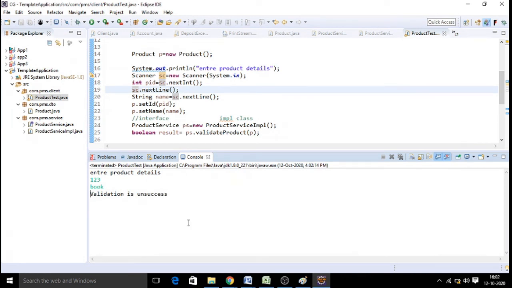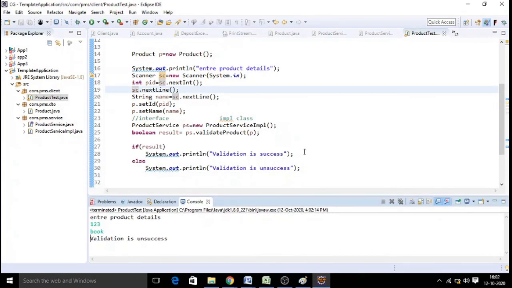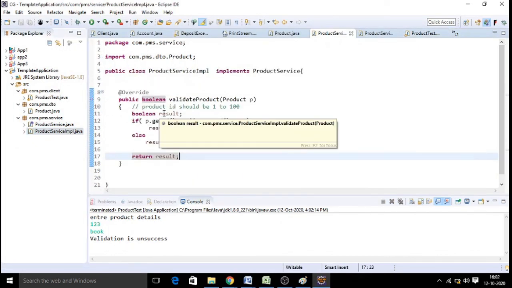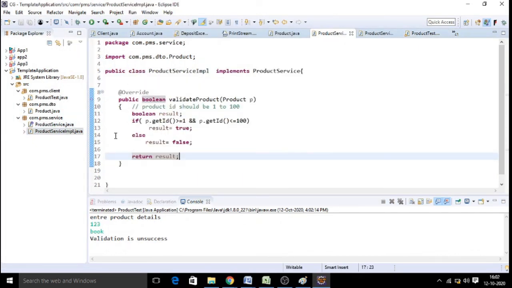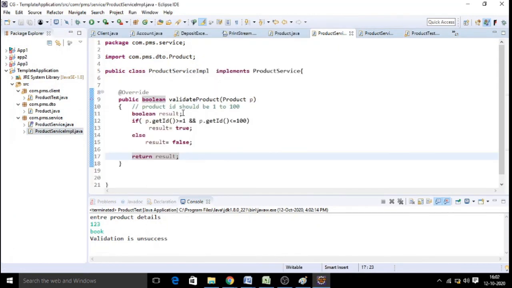This is how you need to initially start with coding skills by maintaining the standards, maintaining the layers for your application, and always your service should have logic implemented, and every service should be implemented with an interface. You must have an interface for that particular service. Don't directly write a class with logic. Write an interface, then implementation, use it.